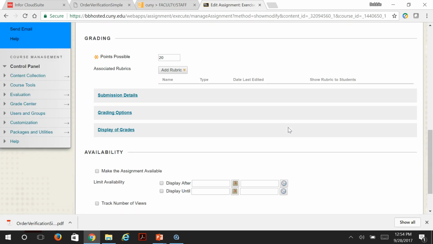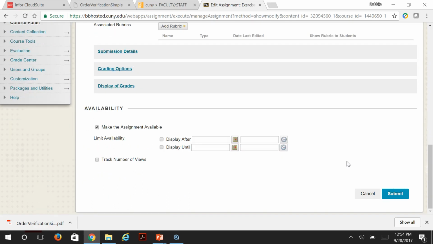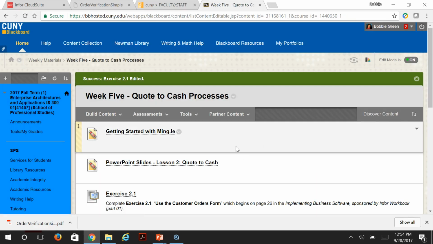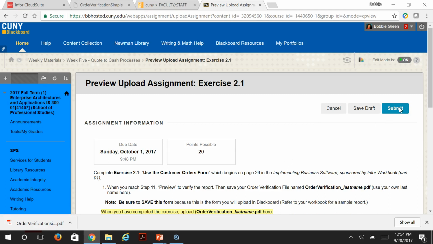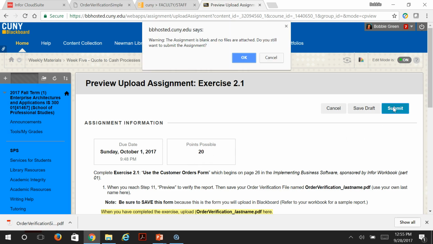Let's see the due date. Make it available. I'm not going to limit the availability because I know we've had some difficulty getting this environment configured properly, so I will give you adequate time to complete exercise 2.1. So you'll click here and you will click the submit button. You will see the due date is October 1st, but I'm going to extend that due date because I want to give you enough time to upload it. 20 points. When you click the submit button,